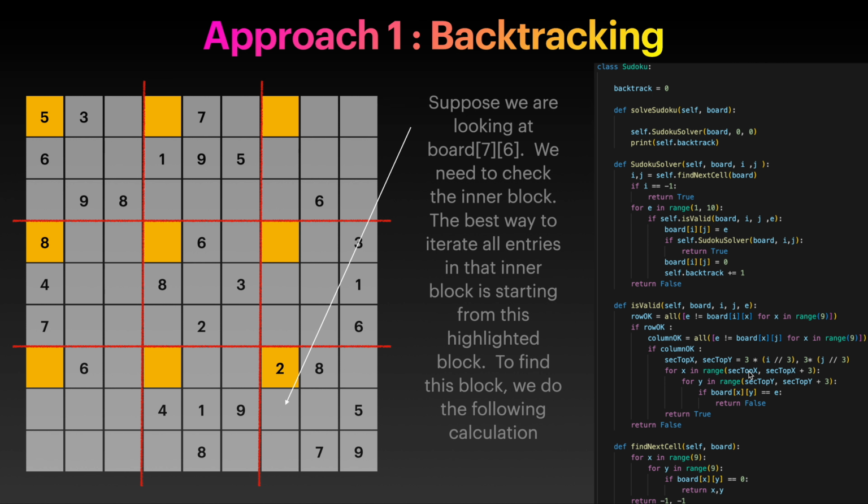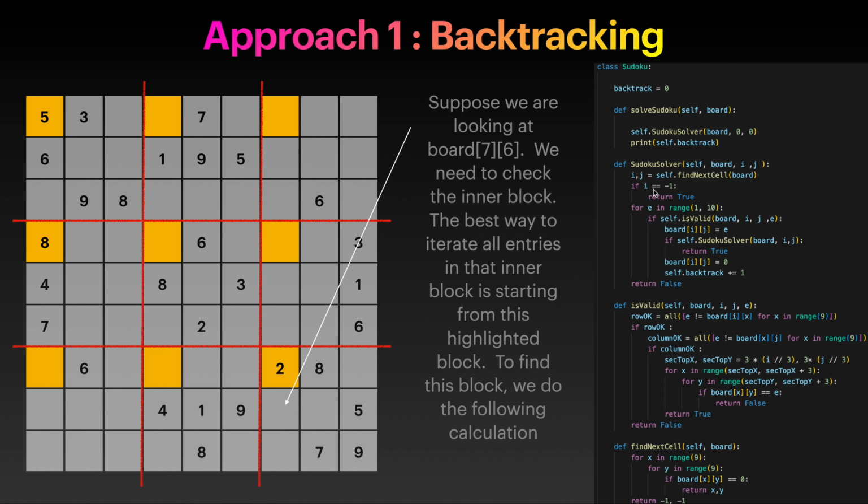And then notice that we can do this. So for that we add sec top x and then sec top x plus 3. So we'll be iterating from here to here, and the same thing from here to here. That will be given by sec top y, sec top y plus 3. So that's for this code, and there's really not much to do. And then we have our